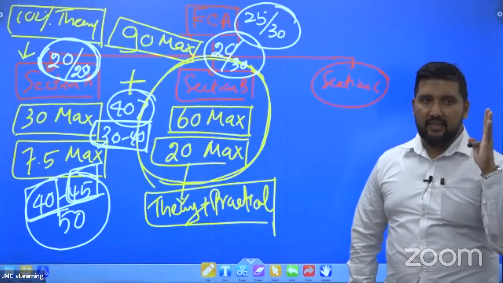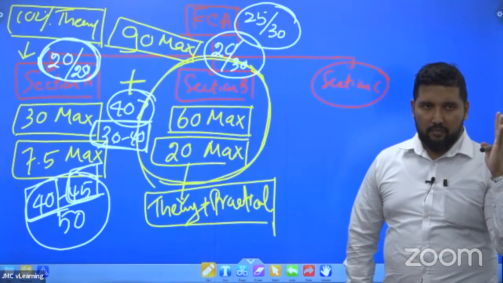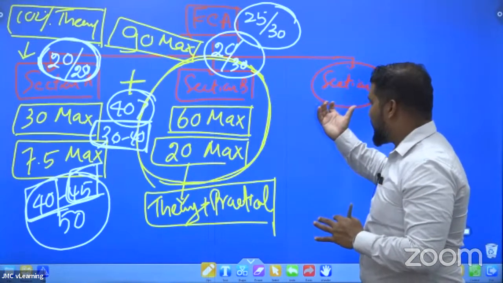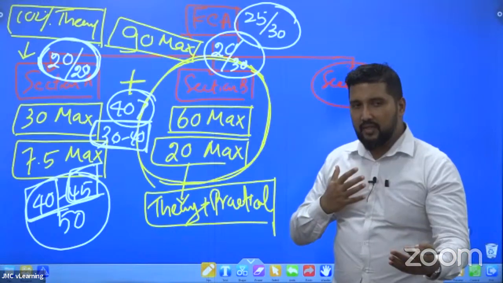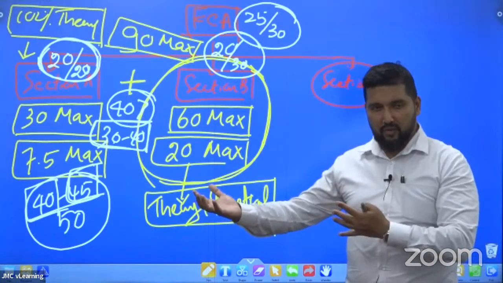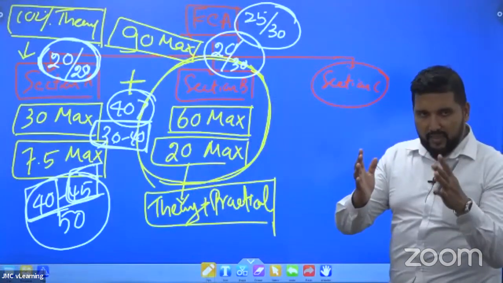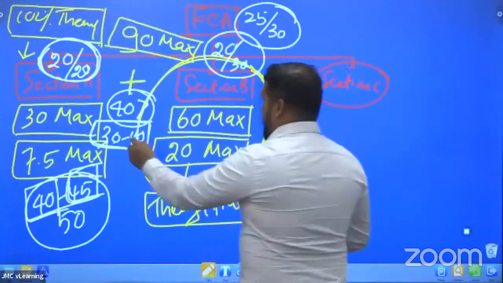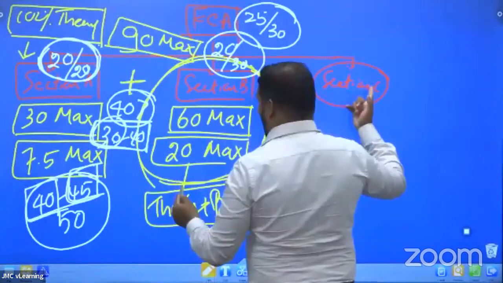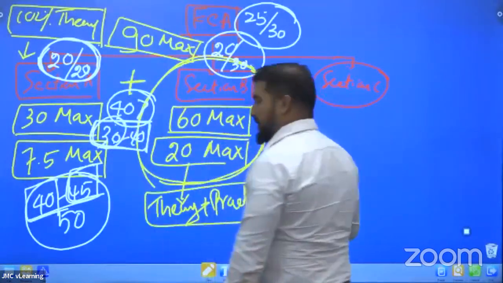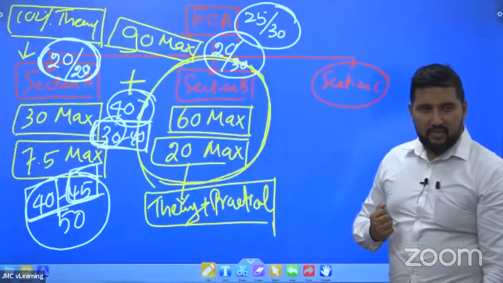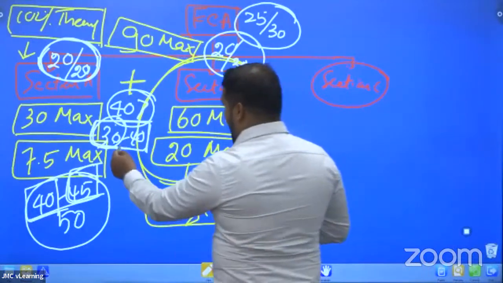You are basically standing in the middle. Based on the way you answer for section C, you will be either fallen into the fail category or you will be fallen into the pass category. Agree? So let's say a student obtained 30 marks. Out of this 50, another long way to go to come to the cutoff point. Agreed?